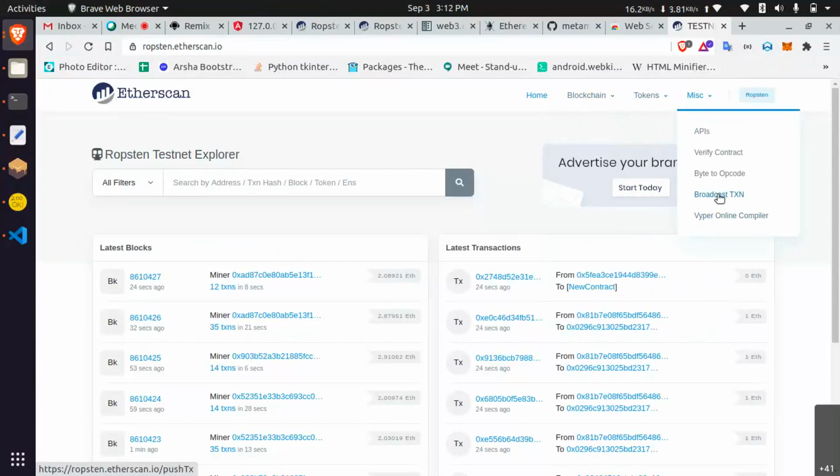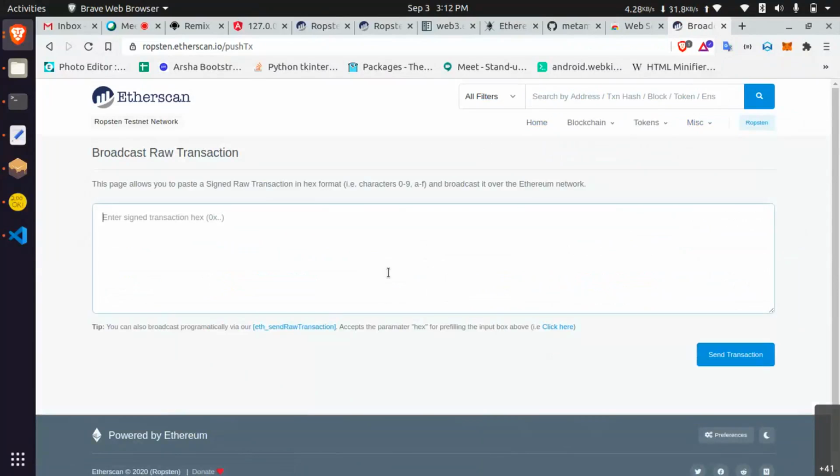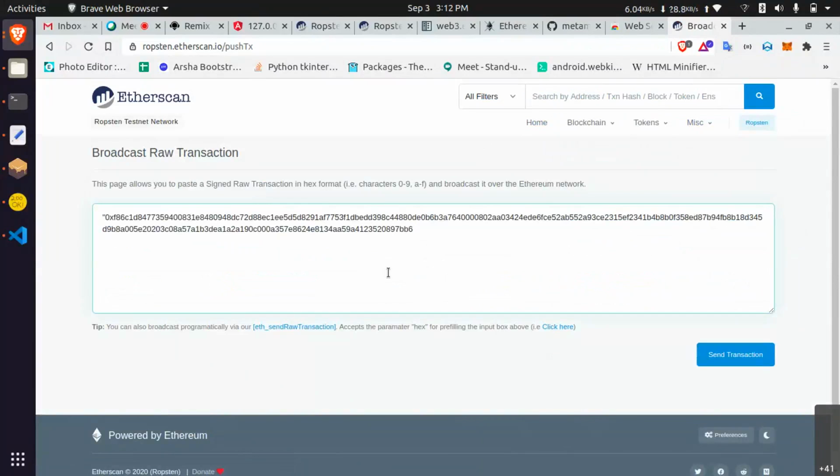Yeah, broadcast transaction is there. Just click that and then paste your entire raw data here. I am pasting in the option, not in my system.